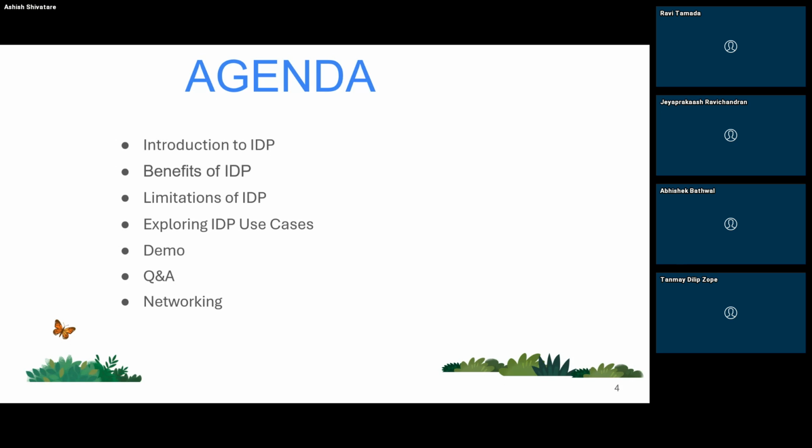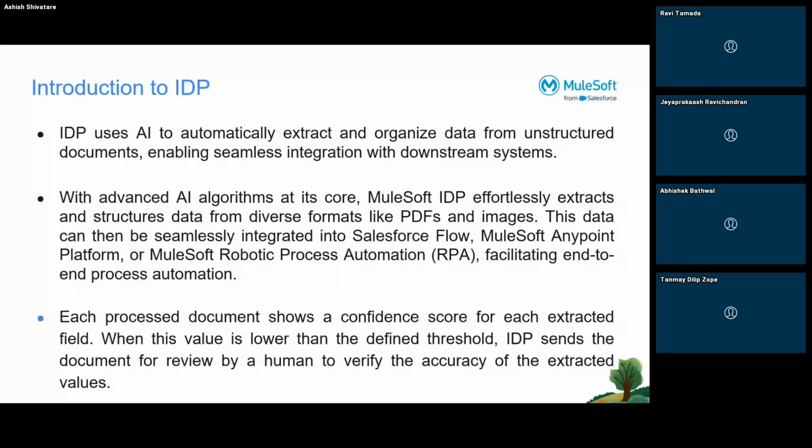So coming on to IDP, right? What is IDP? IDP is an intelligent document processing tool provided by MuleSoft, used to extract data out of documents, pictures, images, and structured data. It has advanced AI algorithms, like Einstein AI working in the back, used to get insights from the data, and for every process